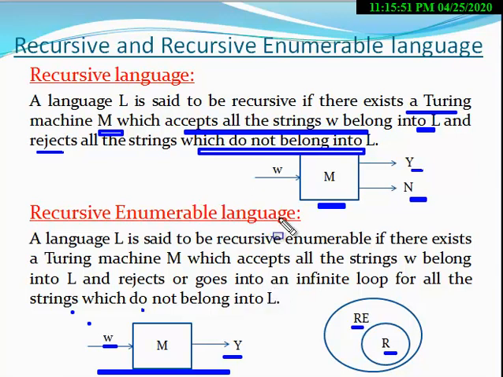In the next lecture, we shall discuss the properties defined for the recursive and recursive enumerable languages, right? So when we meet in the next class, please remember the definitions of recursive language and recursive enumerable language, and also be careful about the machine which is used in the case of a recursive language and the one used in the case of a recursive enumerable language, right? Carefully look at these two definitions. Okay?